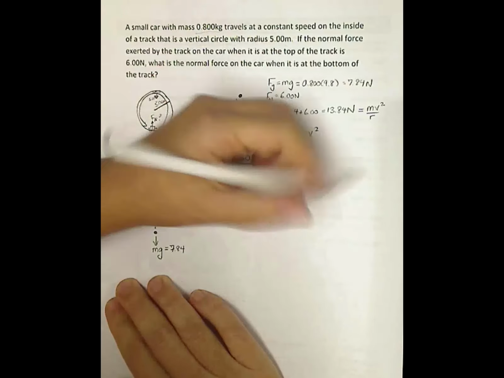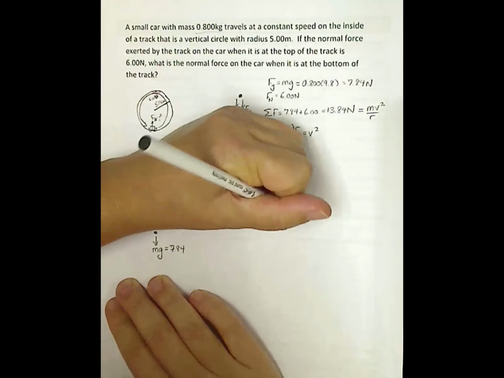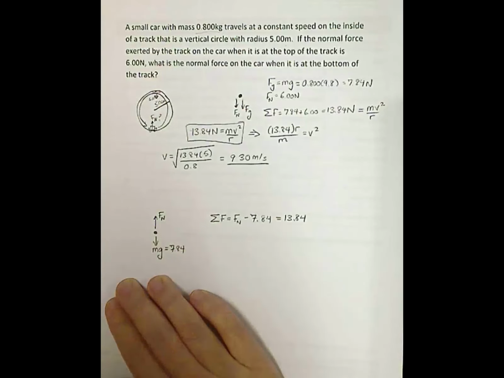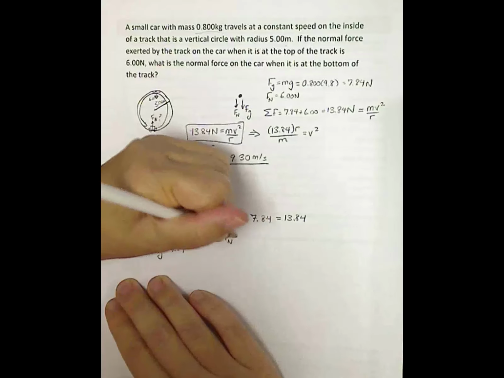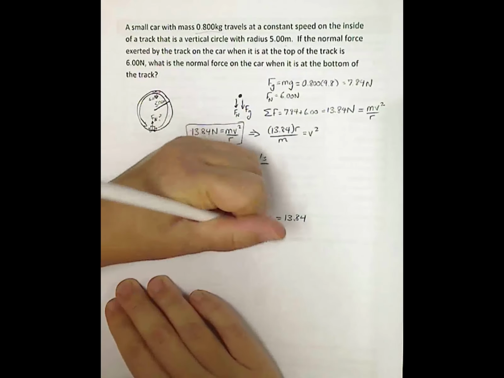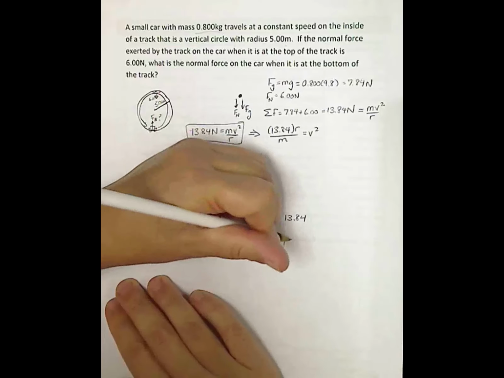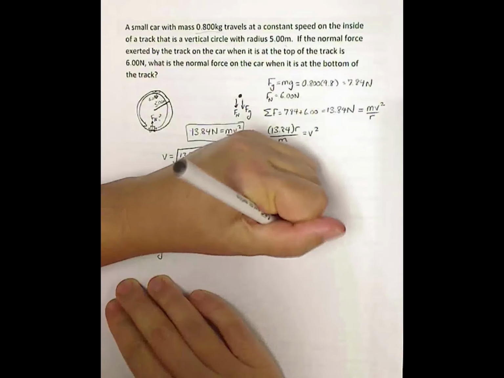So this total force has to be equal to 13.84 newtons. So you can see we actually didn't need to solve for v. So my normal force then is equal to 13.84 plus 7.84, which is 21.68